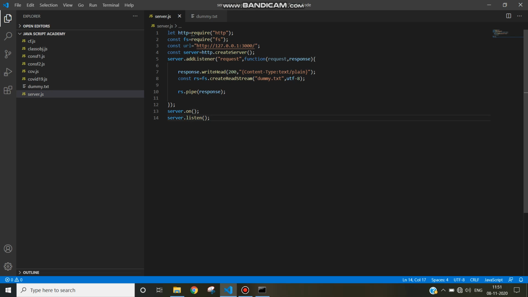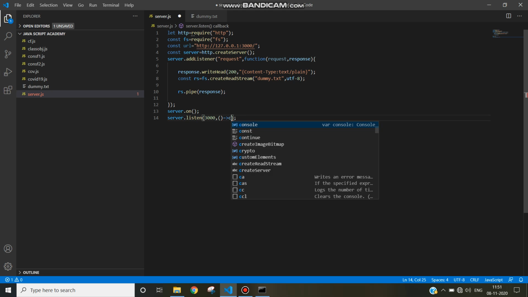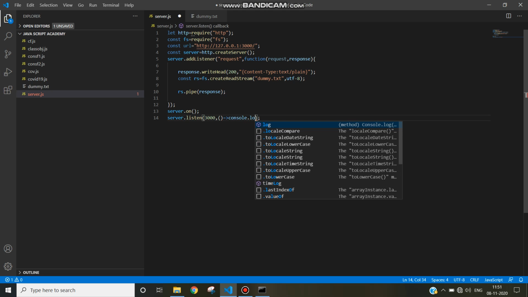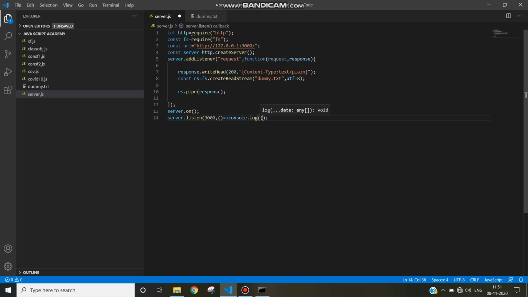Now we will see what to write inside that listen. Here we will write port number 3000, comma, and take an arrow function and console.log, and print the message I am running on, and better you give a backtick.